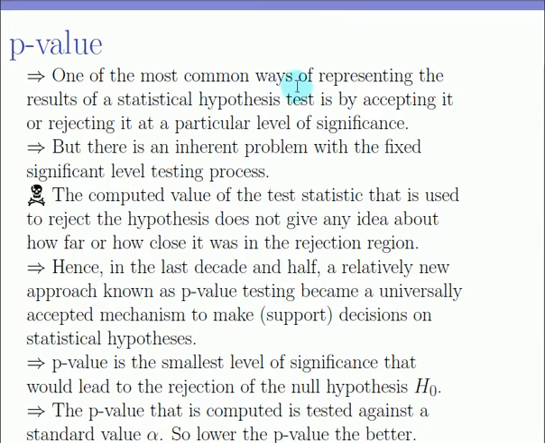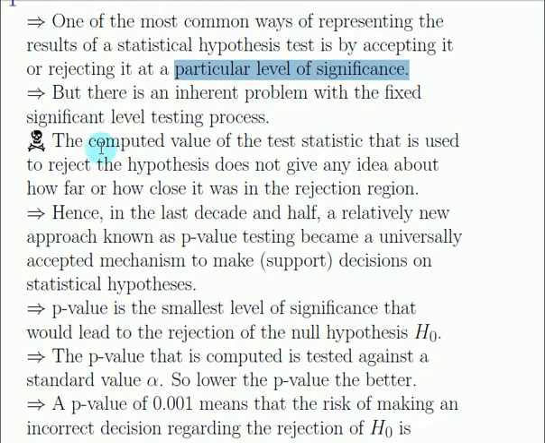One of the most common ways of representing results of a hypothesis test is by accepting or rejecting it at a particular level of significance, and that is exactly what we did. So we failed to reject this hypothesis at a level of 0.01. But if you think about it carefully, there is an inherent problem with this fixed significance level testing. The computed value of the test statistic does not give a